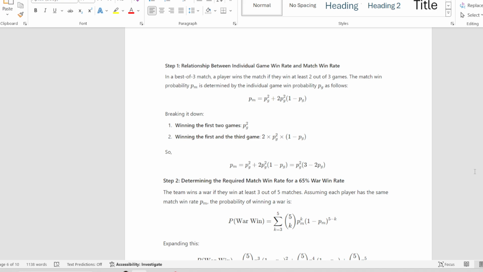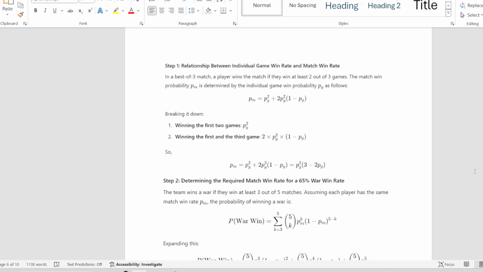If you're unfamiliar with War League, we play for several weeks. In this case, we're doing 15 weeks because that was Edison War League. Your war win rate is a 5v5 of 5 players. You need to win 3 out of 5 at least to win the war. You do that 15 times over 15 weeks. And the relationship of that would be between a team's match win rate and then their individual game win rate. I think there are some interesting conclusions on this as well. So we'll jump into it and go over what the conclusion is at the end.